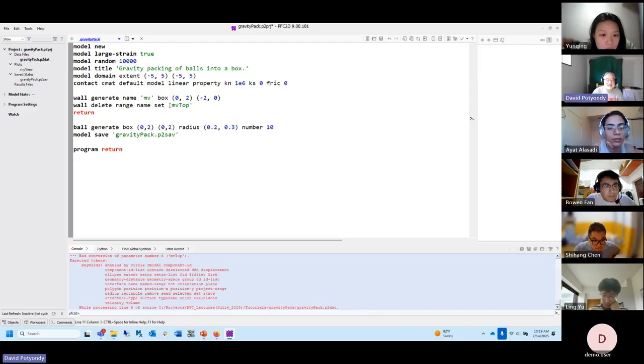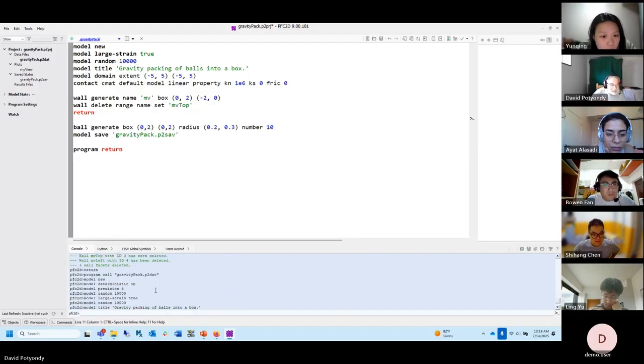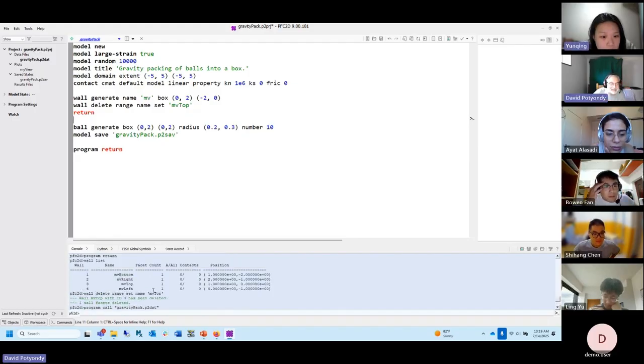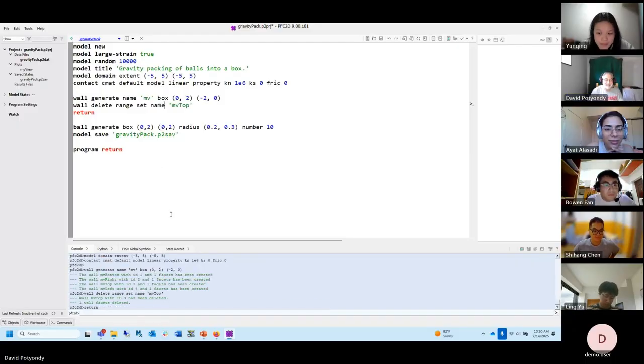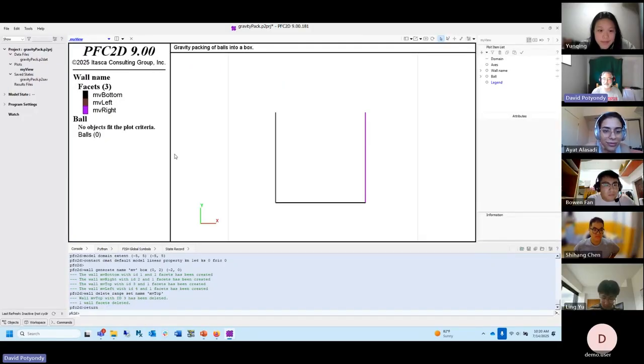what did I do wrong here? Help me, Aya. What did I do wrong here? Wall delete range set name. Wall delete range. Oh, range set name. Now if I run it, it tells me MV top has been deleted. 1 wall facet has been deleted. So there we go. So now I got this,